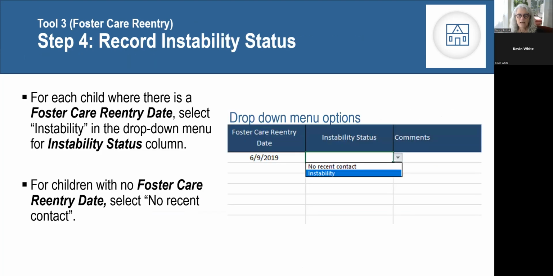The title of this slide is Step 4, Record Instability Status. This slide shows the same image from the previous slide with the same 3 columns as the prior slide. In the instability status column in Tool 3, you will find a drop-down menu with 2 options, instability and no recent contact. If there is a foster care reentry date, then please select instability in the drop-down menu